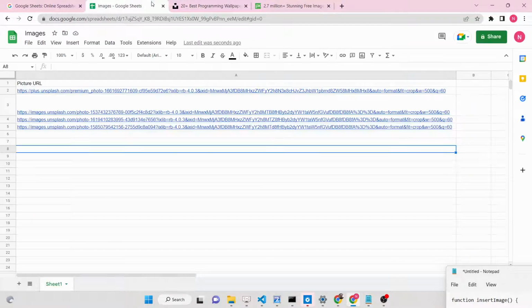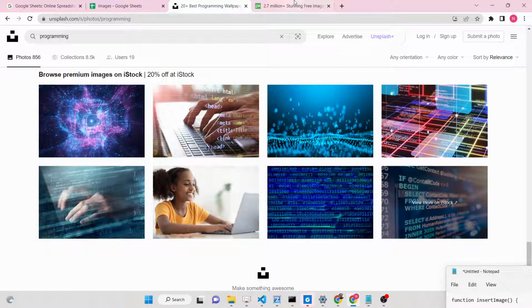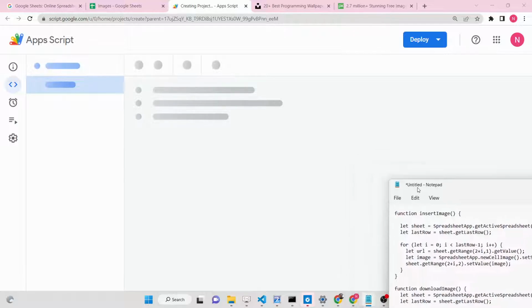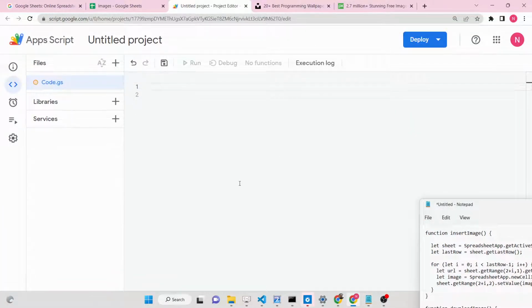So now we need to download the images right here in these columns. So what we can do is that basically we will simply click this extensions option, go to Apps Script, and here we will be one by one downloading the images. For this we need to write a function, guys, which will be inserting the images from the URL. So we will write this function, and for this, guys, we need to first of all get the reference to the current sheet. We can do this using SpreadsheetApp, and we will get the active sheet